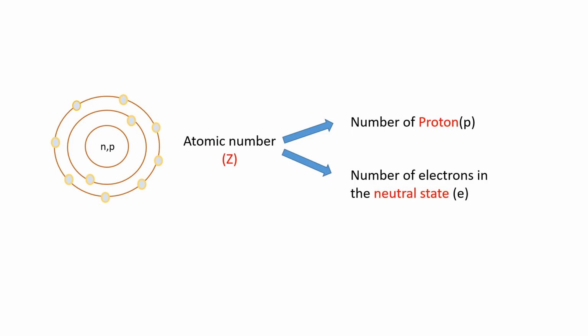That is capital Z. Okay. So basically the number of protons and the number of electrons are the same. But in some cases where electrons leave or come back to the orbit, some changes take place in an atom. So we do not define atomic number by the number of electrons in that state. We will come to know these concepts more effectively in the examples. Let's see the examples first.